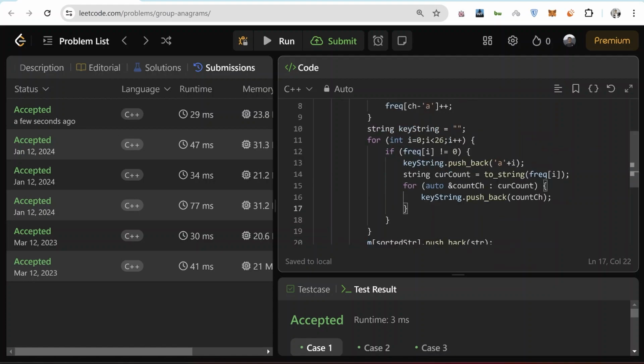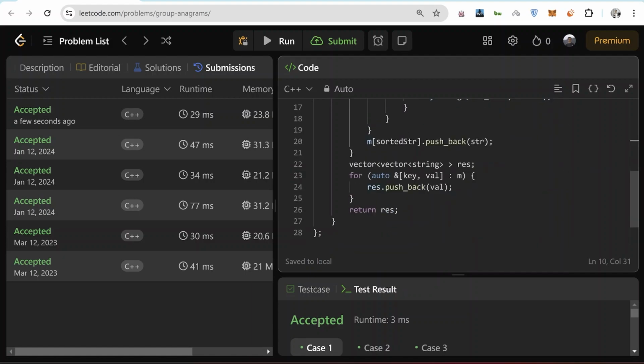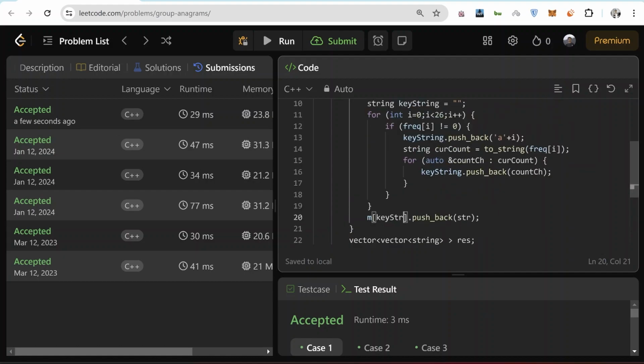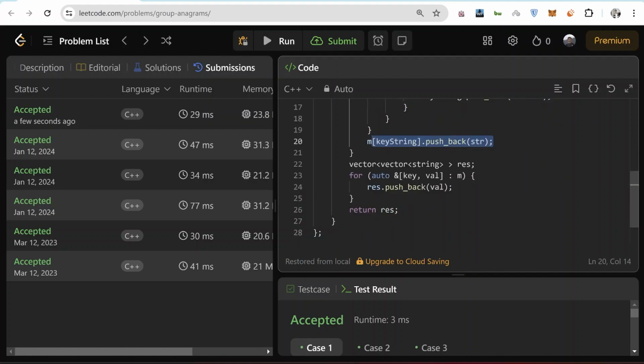Okay, this works. Now I have the keyString, so I'll just use this keyString here. Did I name it keyString? Yes, the complete thing. And I'll push the current string.